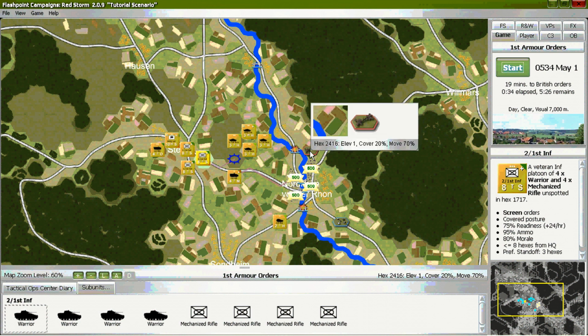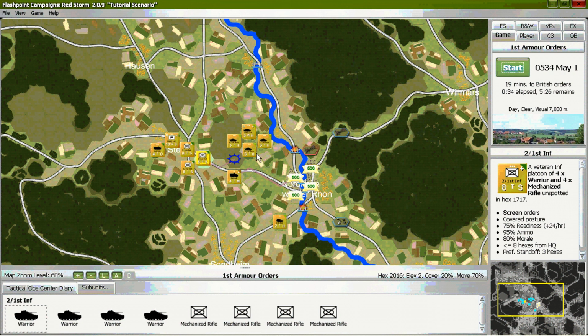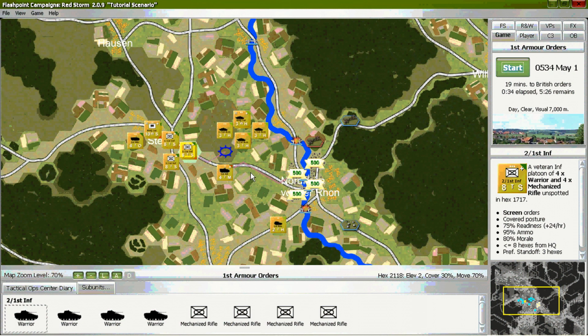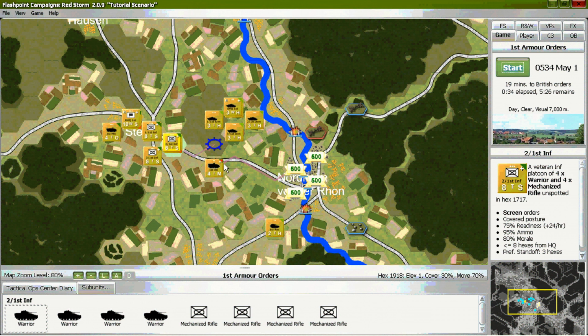Looking at the units, you should notice that there are small black and red triangles. These indicate both the direction the unit is traveling and also the mode of travel.